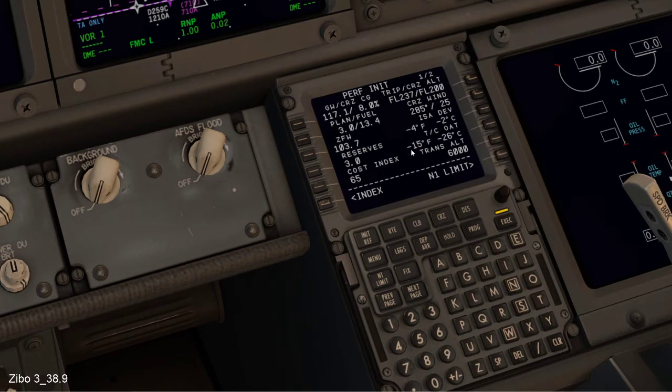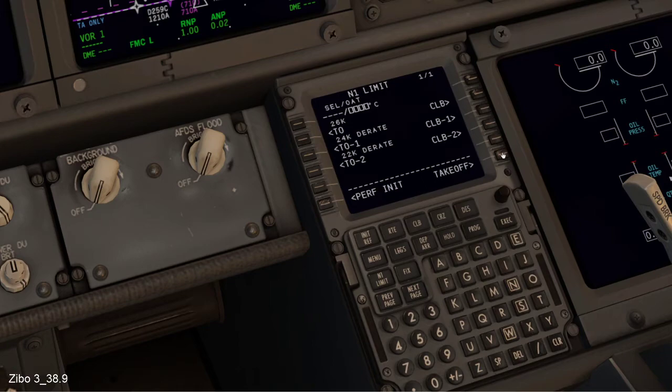Okay, here is the transition altitude here in the UK, 6,000 feet from the point you go from heights to flight levels. Execute this page, and this is now the active performance data for the aircraft on this flight. Then we need to go to the next page, N1 limits,